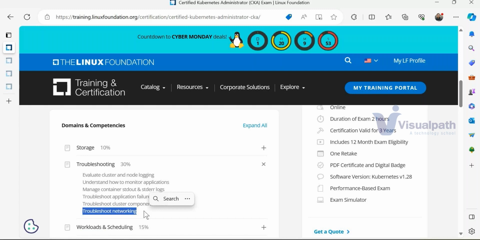That is not that complex, though it appeared complex in the past few years. After VMware and so many things, so many things have been automated. So here also we'll be troubleshooting a few things in networking. My pod, I'm not able to access the IP address, or I can access it, but the port number is not reachable, or the port number is in conflict, might be any issue.